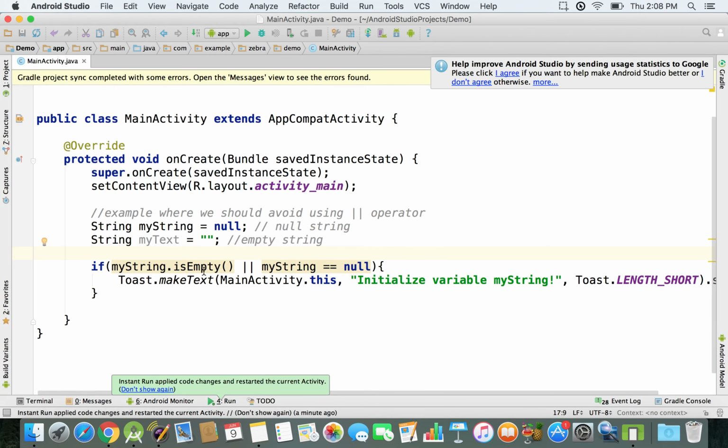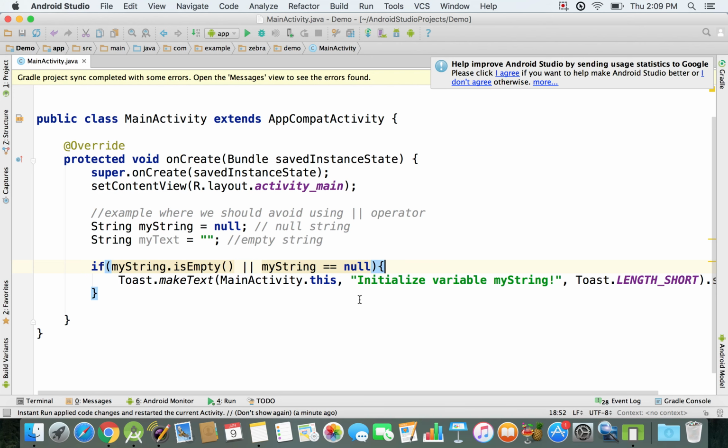And this is because our string is null, so it doesn't have anything. It's just an object that doesn't exist. So if it's set to null, we cannot call this method to check if it's empty. It's something that doesn't exist, so you cannot use a function on something that is not working. So that's why we get this error and our application crashes. And so in this case, although it would make sense to check for these two things together, we should basically